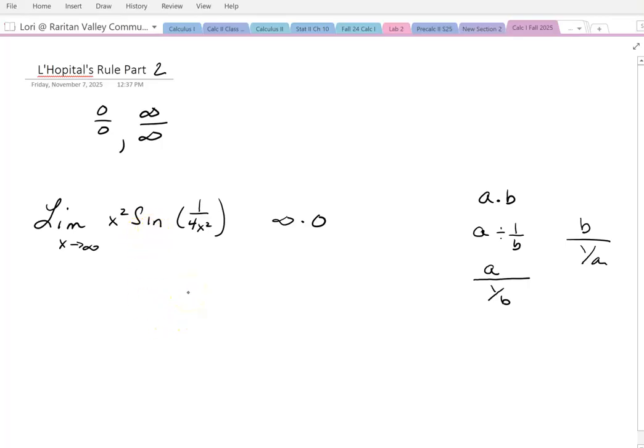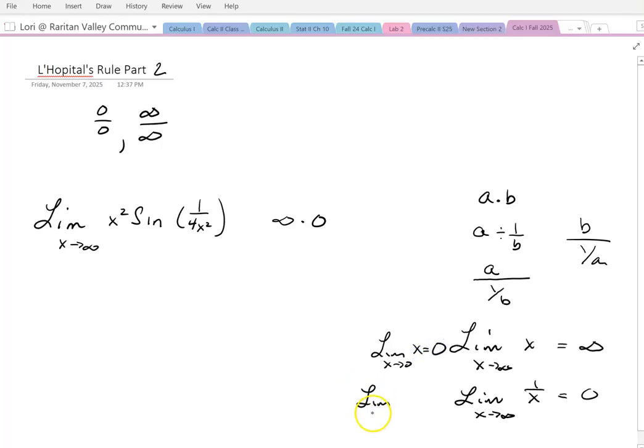Now think about it. In doing that, think about this for a minute. The limit as x goes to infinity of x, of course, is infinity. If I take the reciprocal of x, doesn't that go to 0? Same as if you're going to 0. The limit as x goes to 0 of x is 0. If I take the reciprocal,